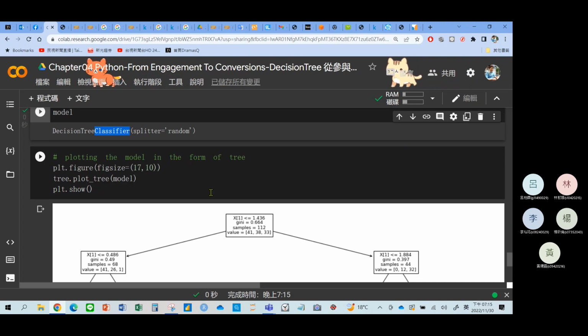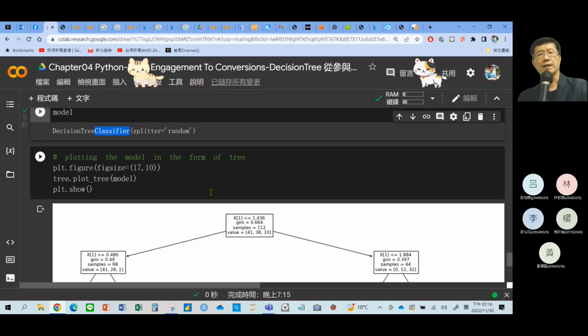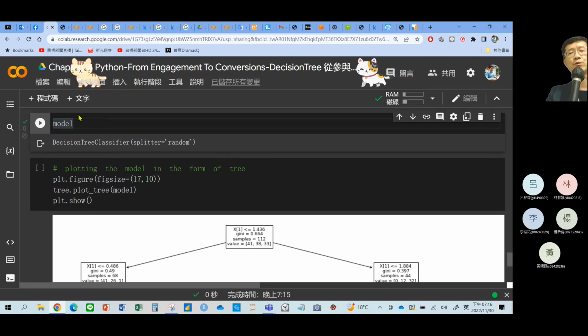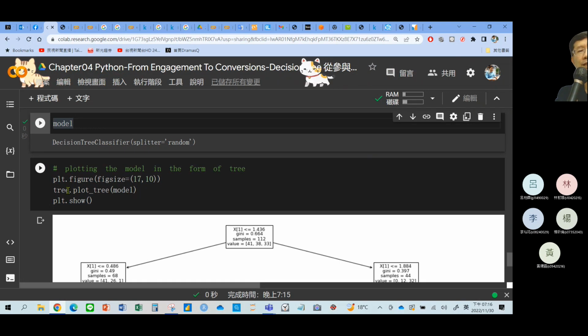Only 3 executions, 只有3行指令就好了。所以说决策树简不简单？很简单，重点是你的资料有没有整理好而已。